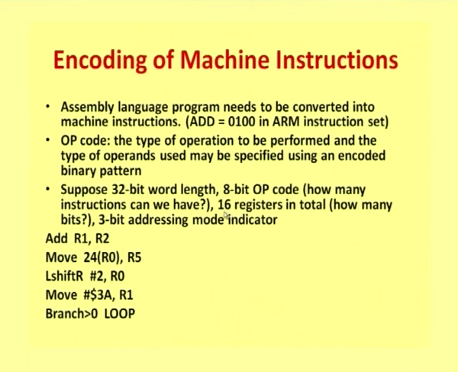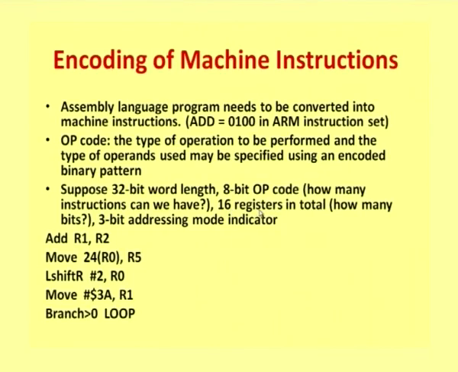Now, when I said there are 16 registers in total, how many bits are required to represent each register? 16 registers is 2 to the power of 4. So, with 4 bits you can represent each register. Which means I need 4 bits to specify each register, and then I am using 3 bits as the